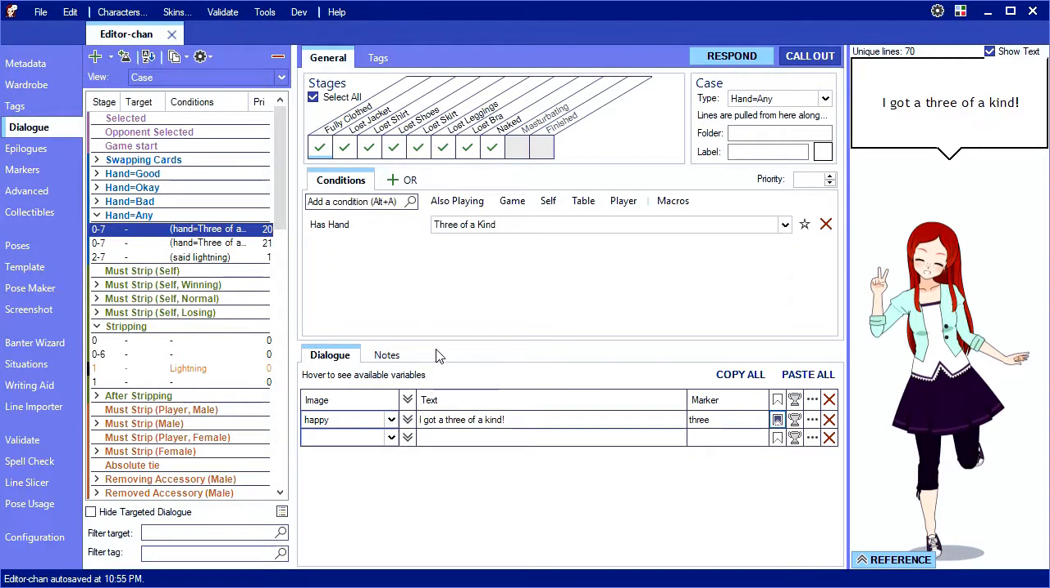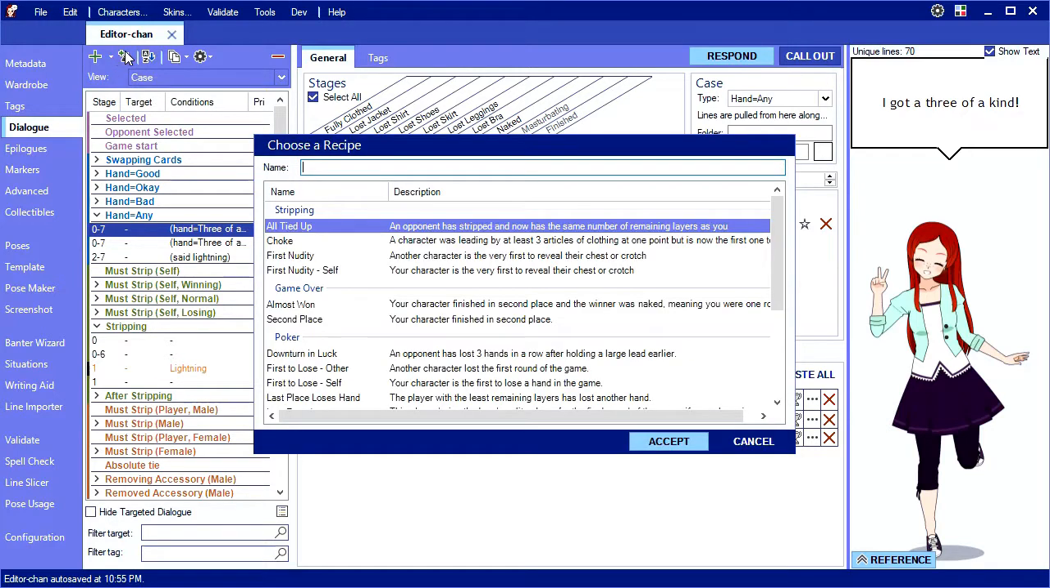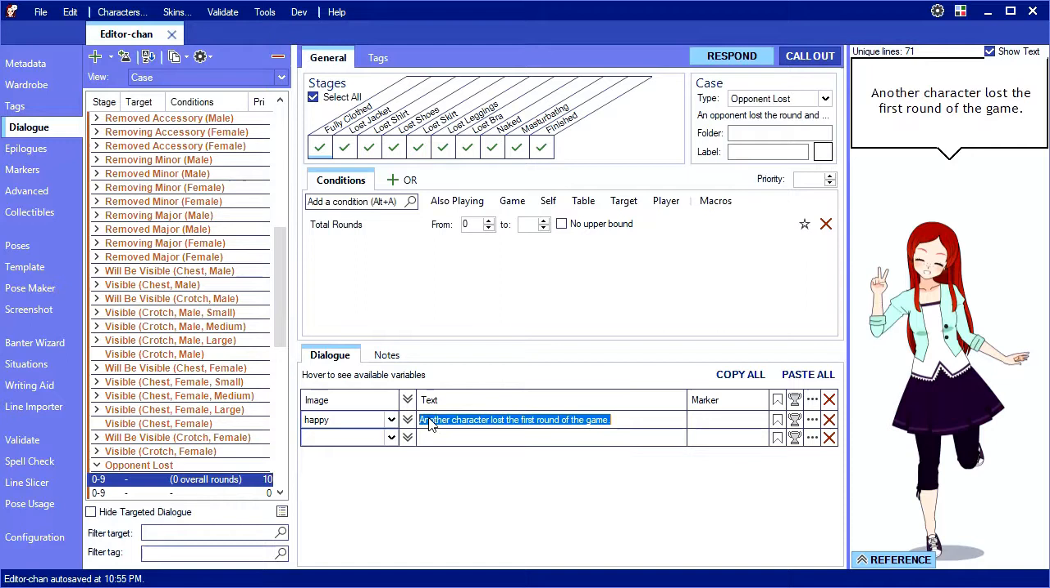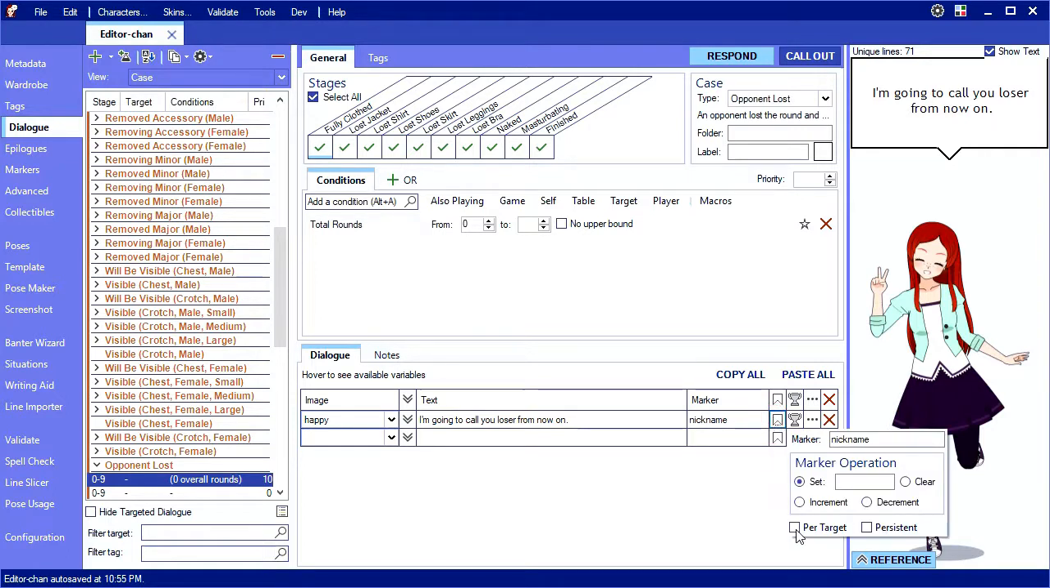For this next example, I'm going to use a recipe. Recipes create cases with certain conditions populated automatically. I'm going to use a recipe to target when somebody other than me loses the very first hand. Next, I'm going to use a special marker called nickname and put the value, loser, in it. By making this marker per target, it will store a different value for each opponent, depending on who is the